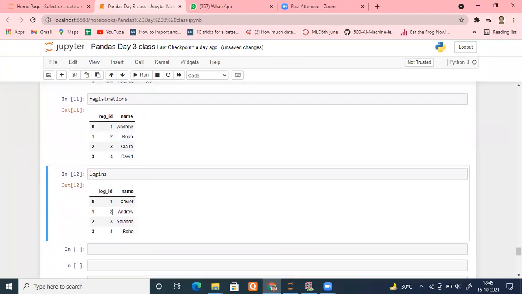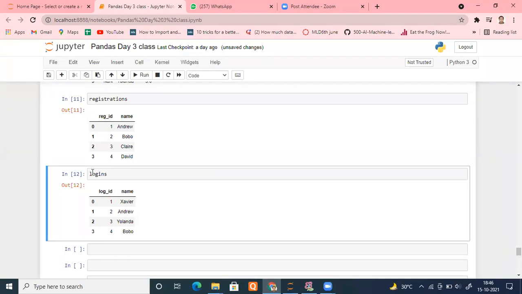So what will happen is, you won't find the matching column here, but that column will be available inside the index. In certain cases it will happen that you are searching for a key column in the columns, but that column is not available here. That column is available somewhere else, for example as an index. And how to deal with that scenario?